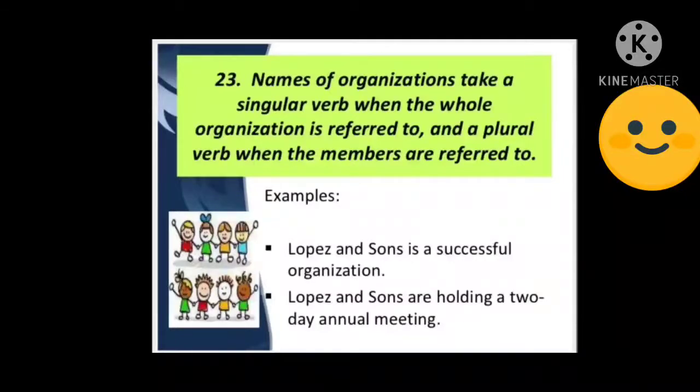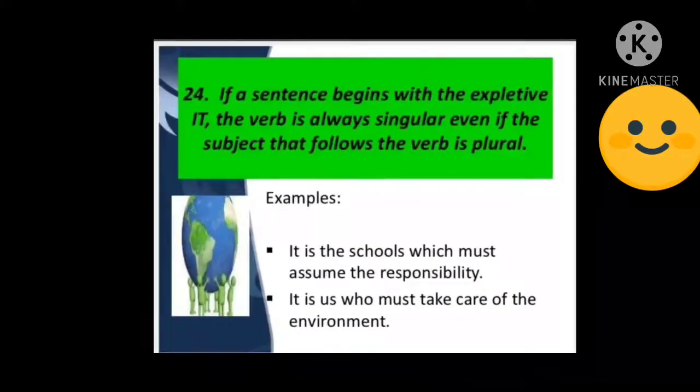Okay. This also must be remembered. Depending upon the context and the sense they convey, we have to use singular or plural verb. Rule number 24: if a sentence begins with the expletive "it", the verb is always singular, even if the subject that follows the verb is plural. Irrespective of the subject that follows it, we use